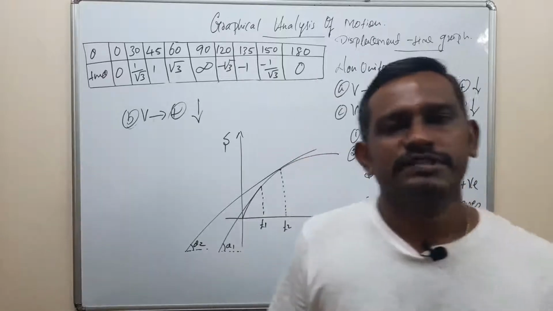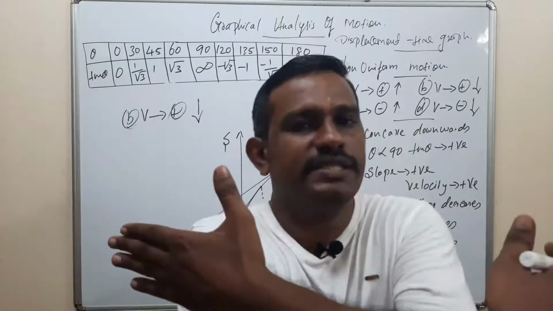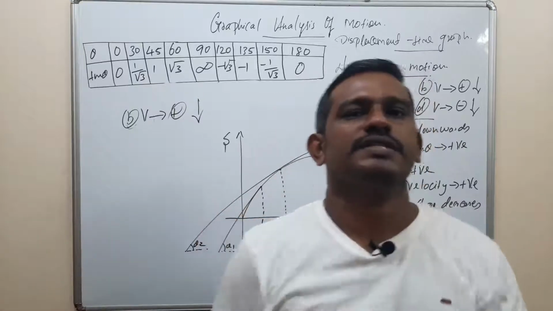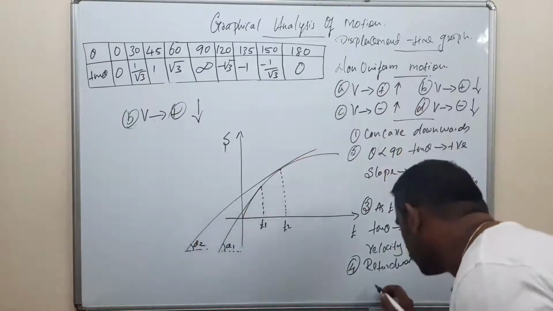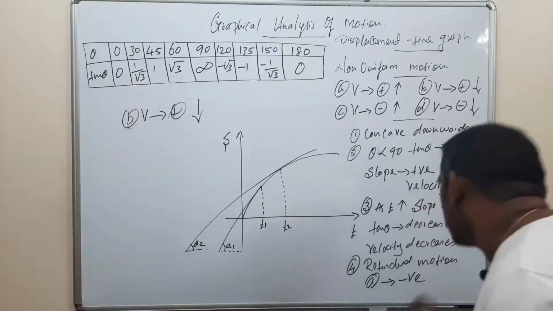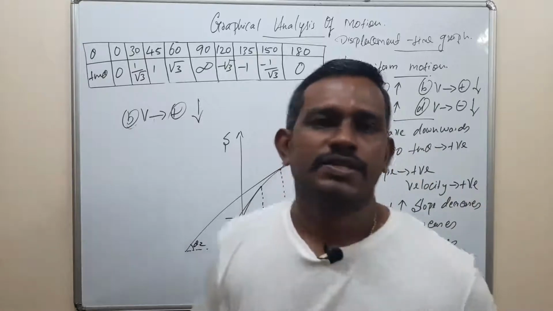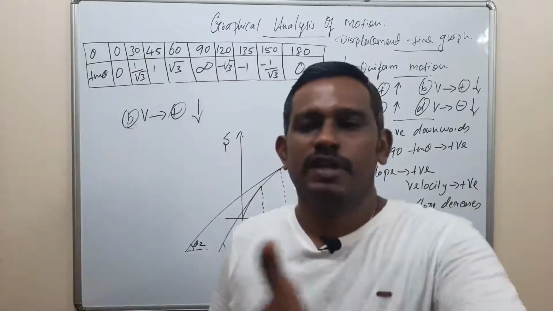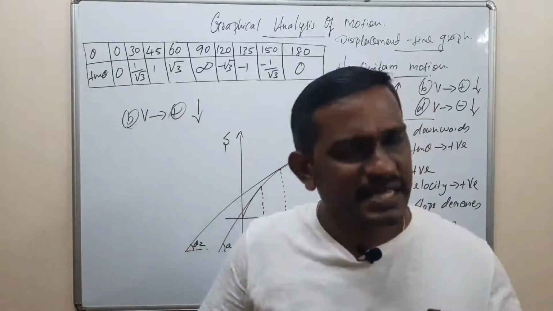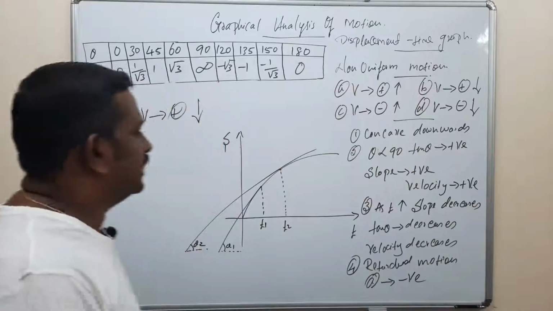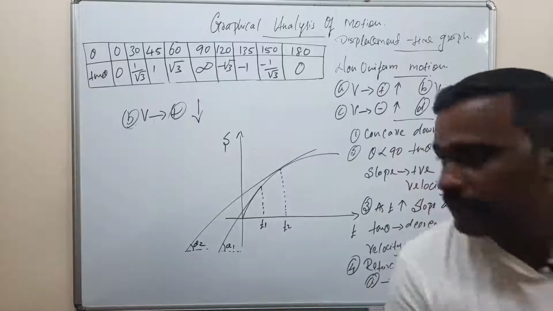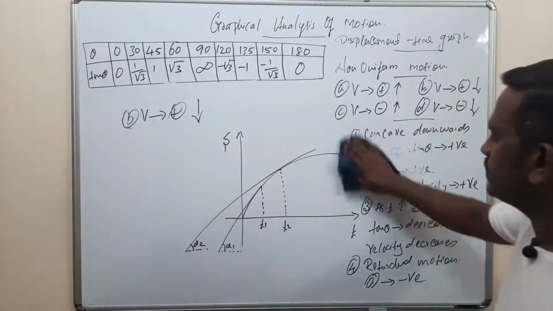Retarded motion means velocity in this direction, acceleration in the opposite direction. So here velocity is positive, so acceleration is opposite to velocity. So acceleration is negative. For decelerated motion, velocity in this direction, acceleration in this direction. Here velocity is positive, so acceleration should be negative. Then the next case,